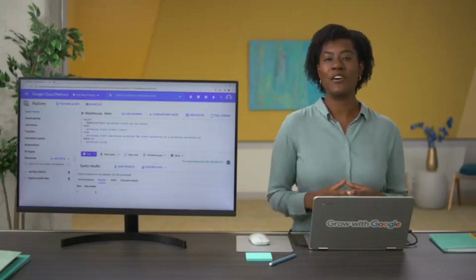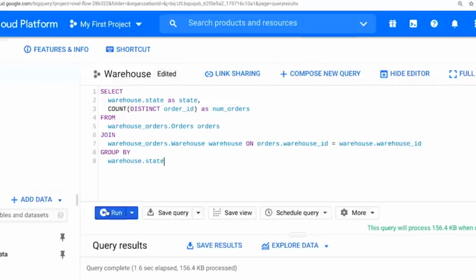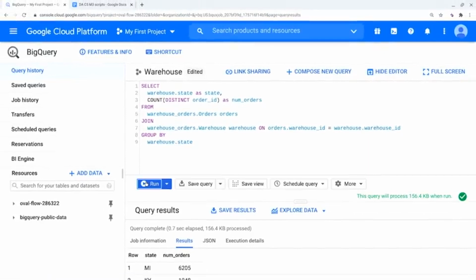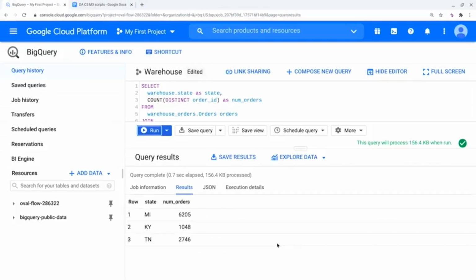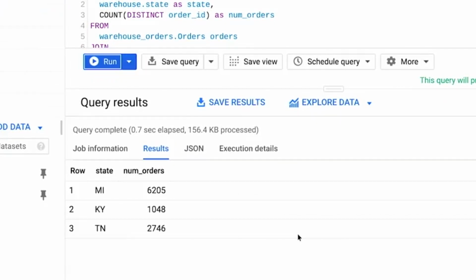Now, let's build out our select statement on top of that. We're still going to use count distinct. And let's run it. Now we have 3 rows, one of each state represented in the orders data. And our count distinct on the number of orders sums up the count we ran earlier, 9,999.